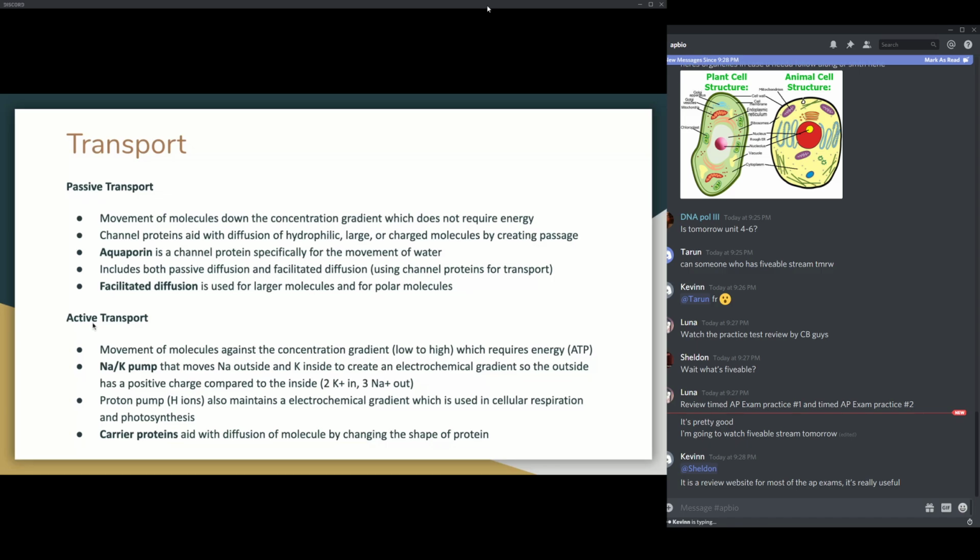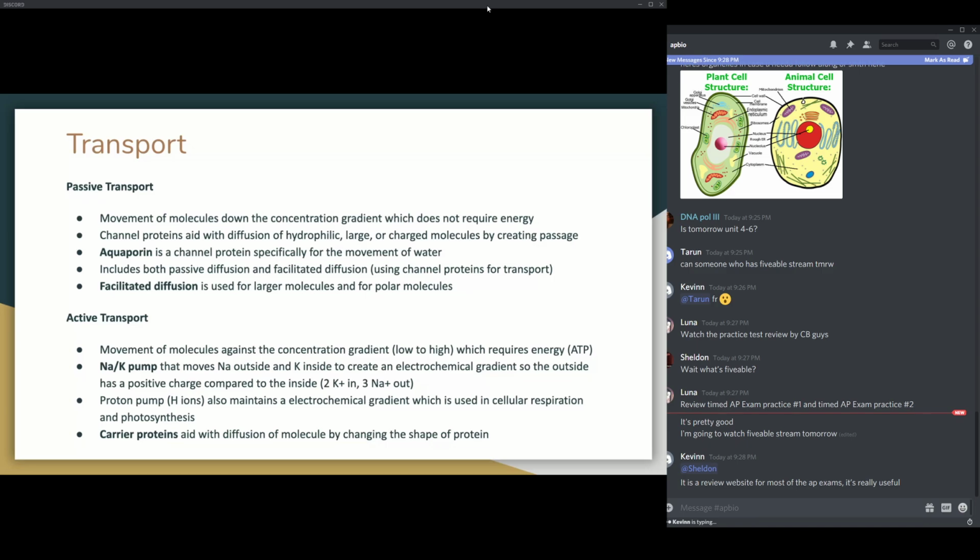We also have active transport, which is the movement of molecules against a concentration gradient, from low to high, which means it requires energy. A good example of active transport is the sodium-potassium pump, and that's crucial in